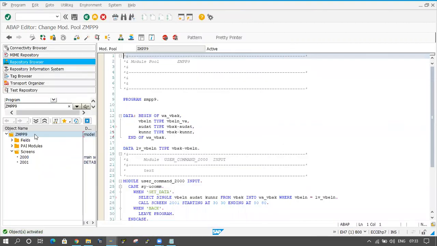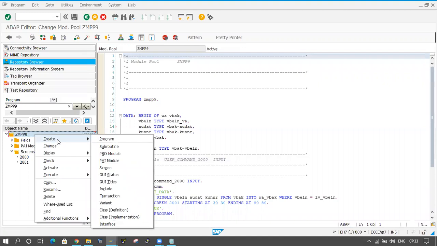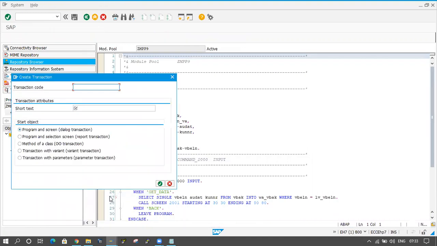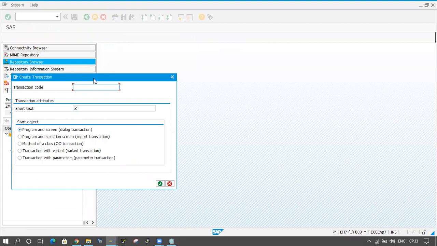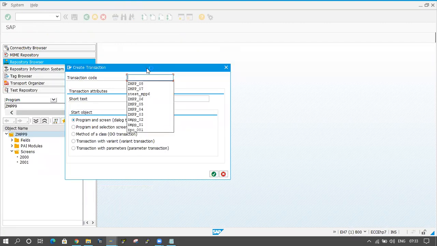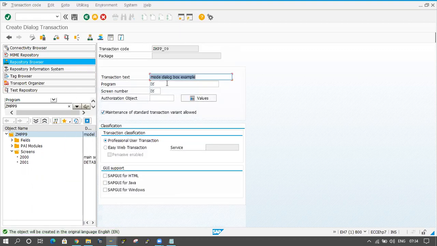There is no error. Now I am creating one transaction code for this. This is the modal. What is the program name?